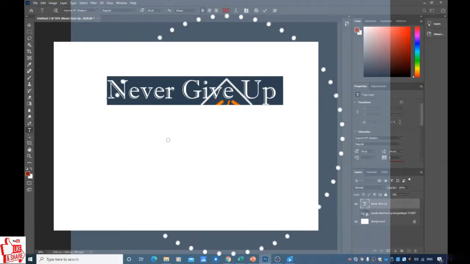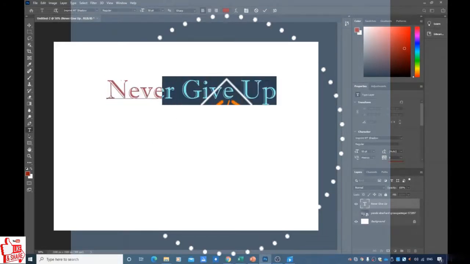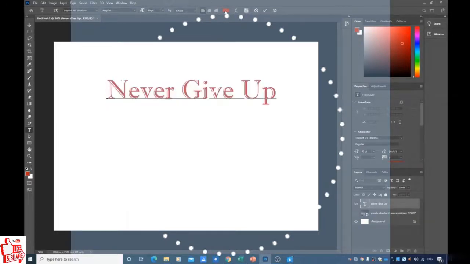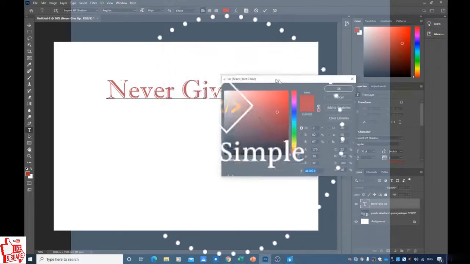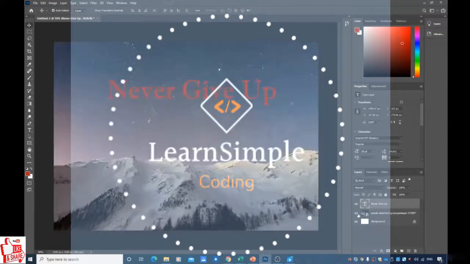Next thing, if I want to modify the color of my text, it's pretty simple. I just select my text. You can modify the color right here, or you can just click on the button right here, the same thing that is right there will appear here, and you will be able to modify the color of your text. So since our picture right here is a little bit dark,